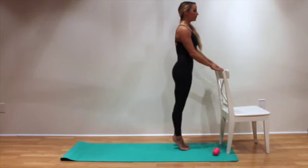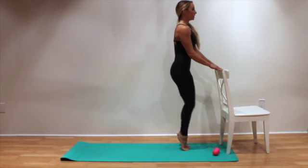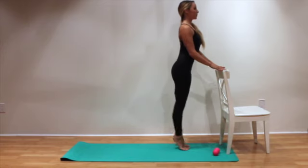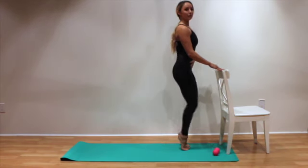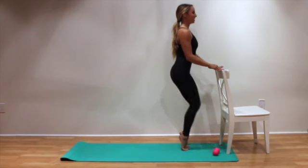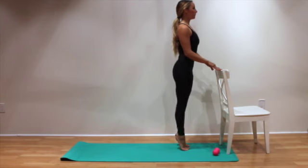And 30 and lower, 29 and lower, 28, 27, 26, 25, you're going to feel that nice stretch, 24, 23, 22, 21, and 20. Pull that lower belly in, 19, 18, 17, 16, 15, 14, 13,